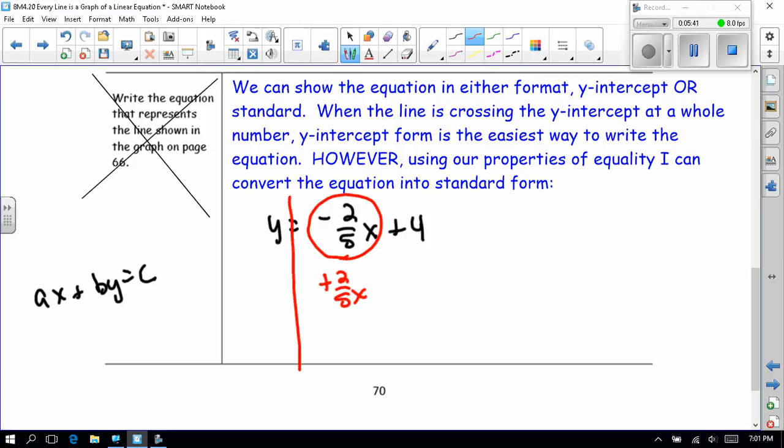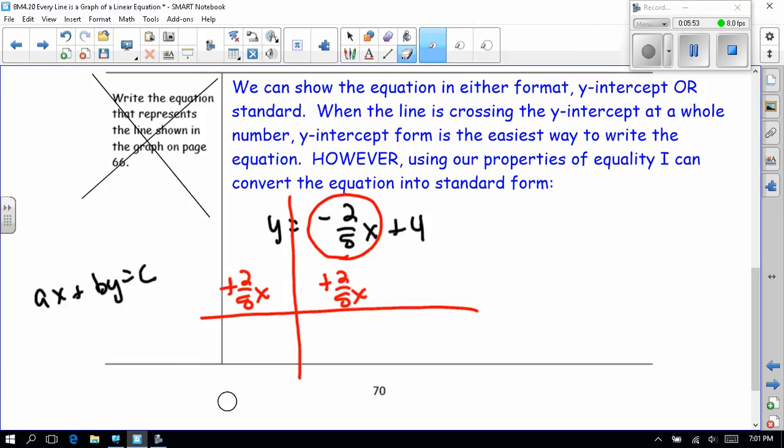Whatever I do on one side of the equation, I've got to do on the other side of the equation. So I have 2/5 x. Sorry, it just got really messy for some reason. Sometimes my pen just seems to have a mind of its own. 2/5 x